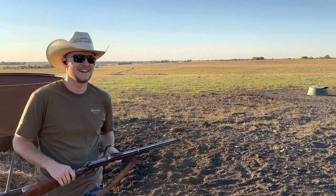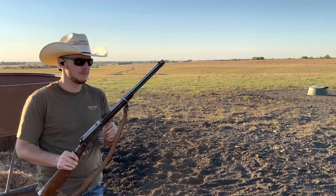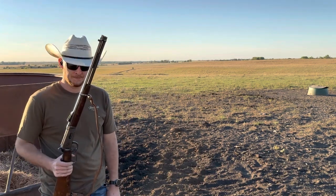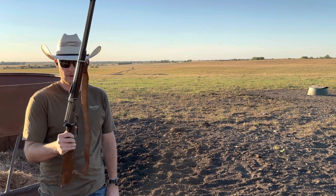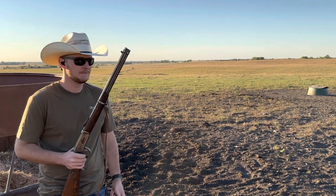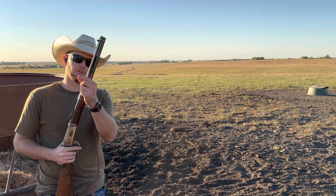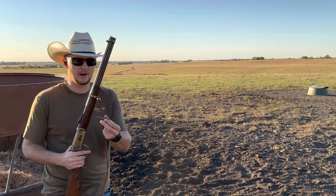Whatever. This is a Winchester Model 1894. There's been over, I think, 6 million of these guns made. This one, according to the serial number, is in the 90,000s, so that puts it at a 1897 manufacture date. This particular one is chambered in 25-35, which is basically just a 30-30 necked down to 25 caliber, or about